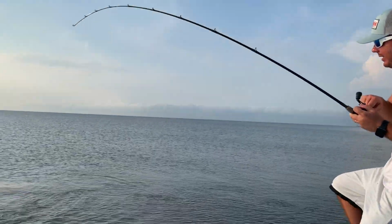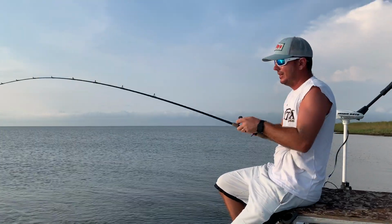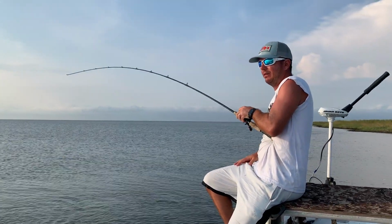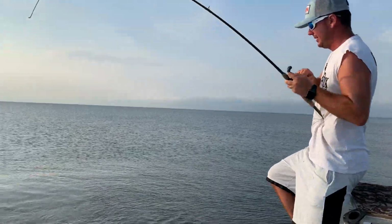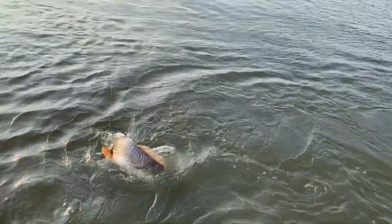Seen his back completely out the water. Pitched on him about 6 times, and he just could not see the lure. Finally, I got his attention, and there he went. There he comes. I got him